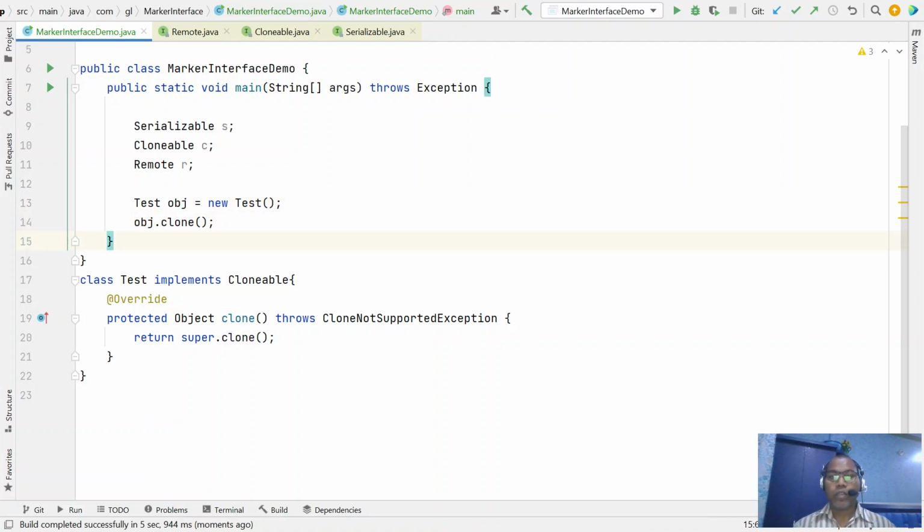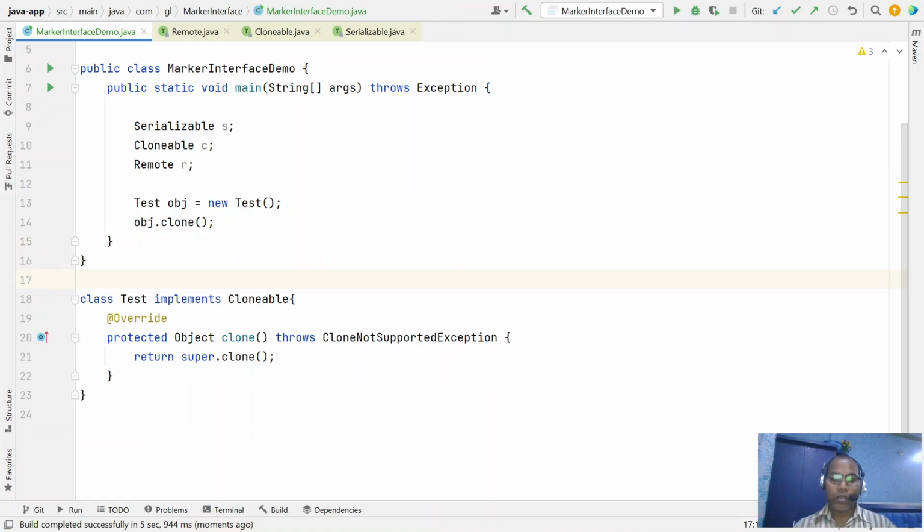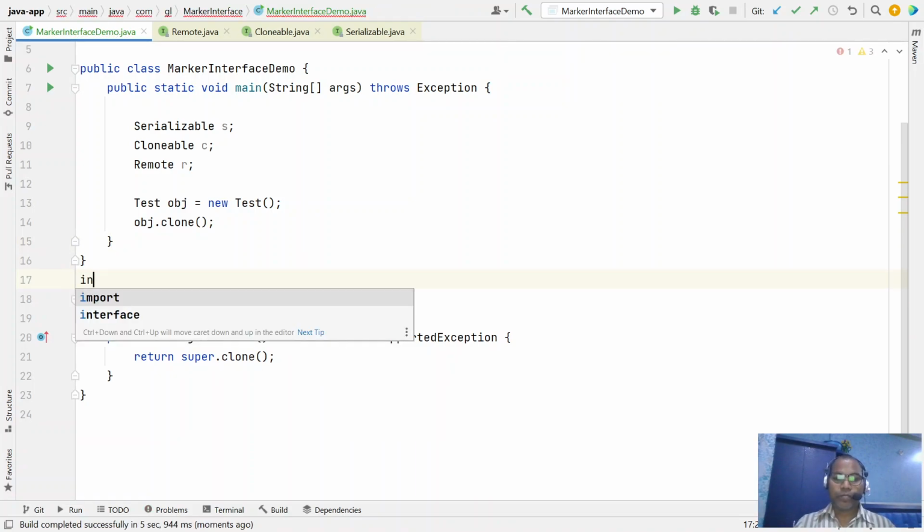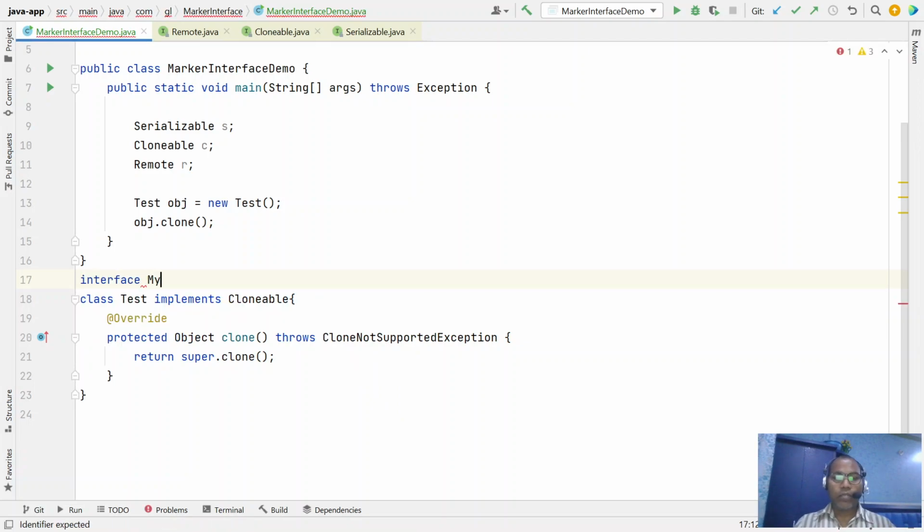So, question: can we write our own custom interface? Yes, I can write my own custom interface. Let's say my class. You can just define an interface. Let's call it my marker interface.